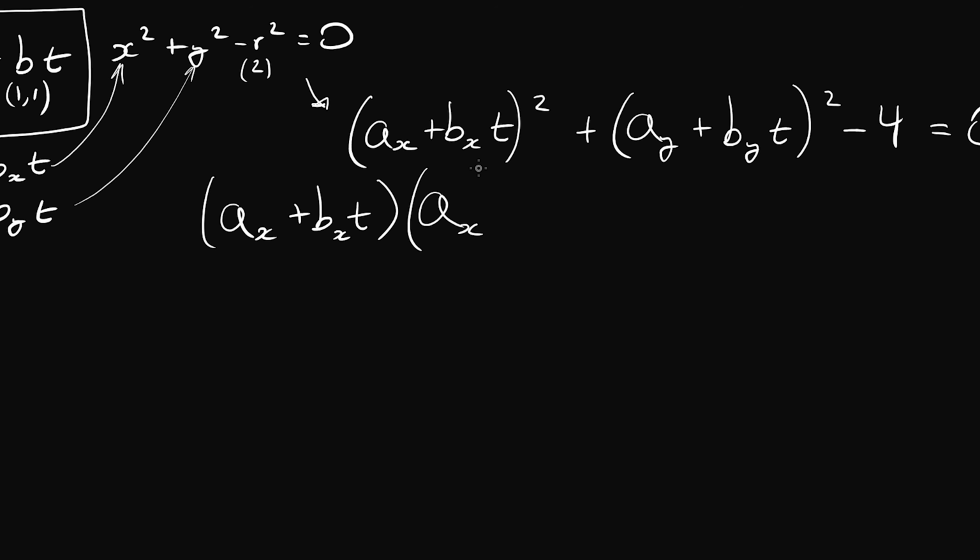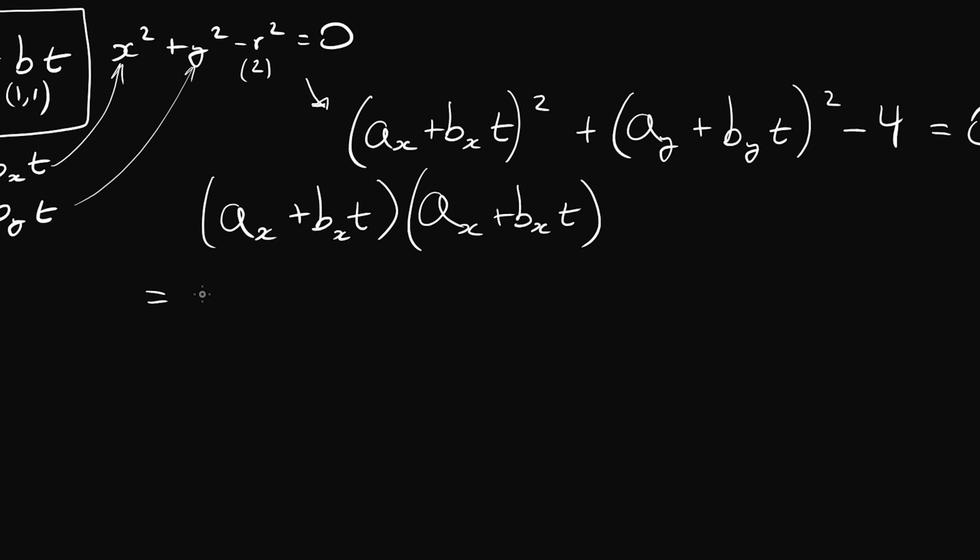But basically, (ax + bxt) squared is the same thing as just this. So we have 2 copies of this, and to expand these brackets, remember, you have to multiply each component here with each component here until you've gone through all of the combinations. The beauty of this is that if we expand this one bracket, it's going to be the same for this second bracket, except instead of x we're going to have y. So we only really need to do this once, which is a good thing.